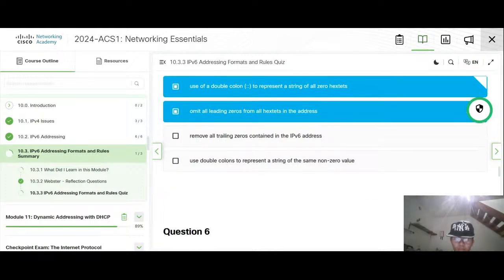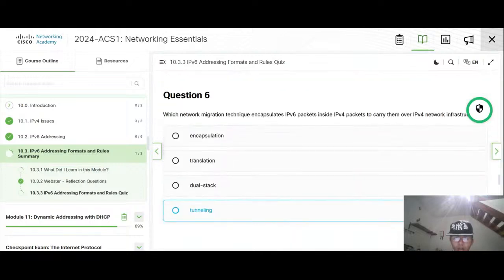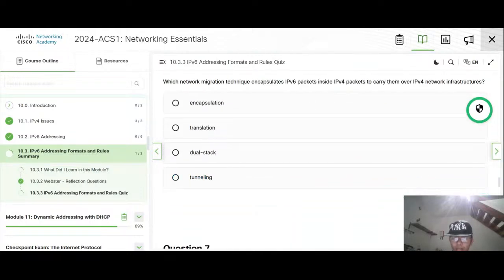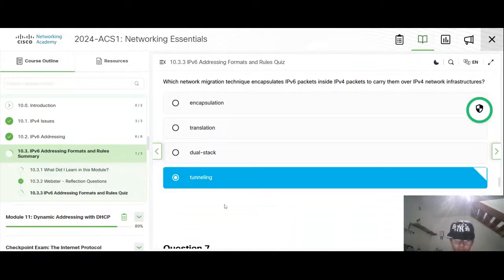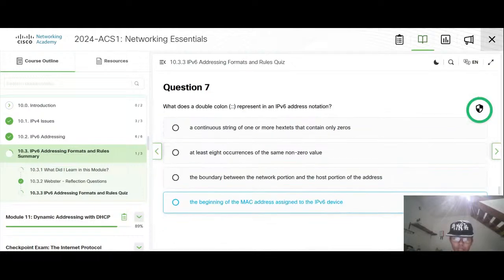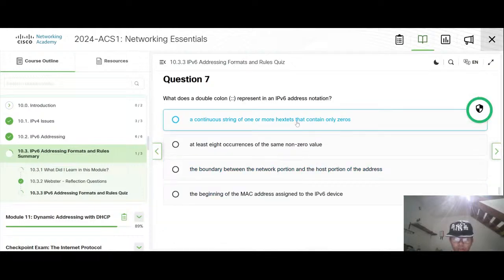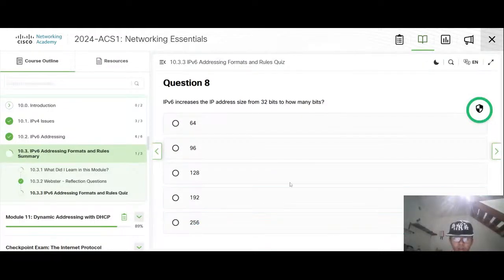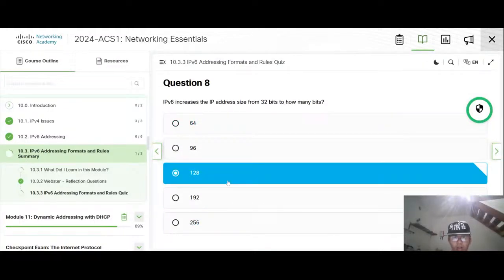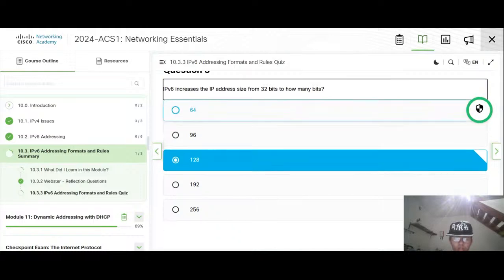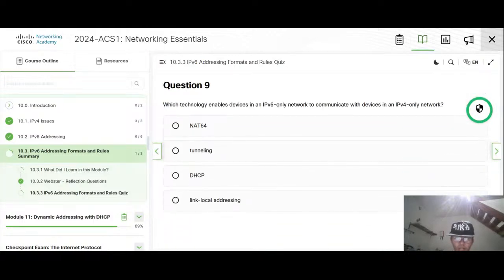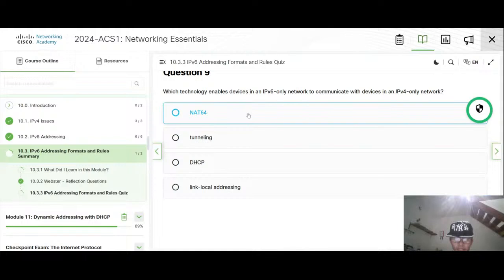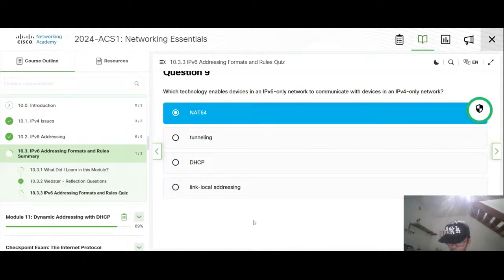Omit all leading zeros. Tunneling, encapsulate. Okay, tunneling. To one way, a string that contains only zeros. 128 bits. This NAT IPv4 converts the communication from IPv6 to IPv4.